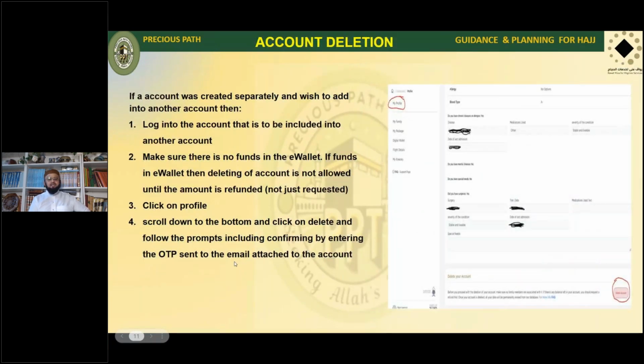Now, people in some cases have created an account, but they want to be included in someone else's account. Before you can do that, you need to first delete your old account. Without deleting your old account, you cannot be added into another account. It'll flag you and it'll reject that one, basically. So you need to log back into your account, click on My Profile,